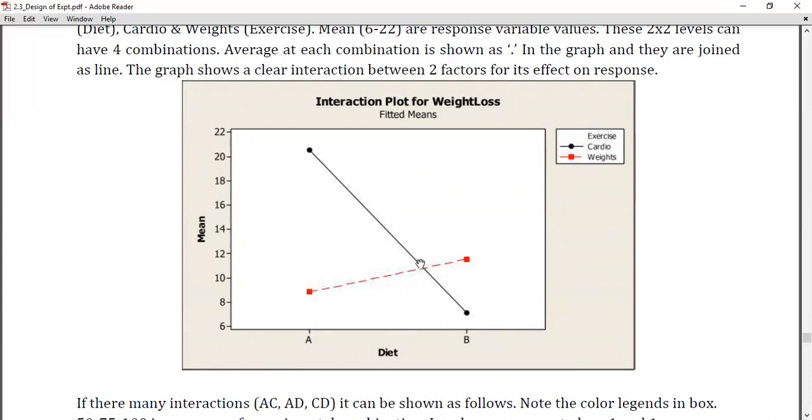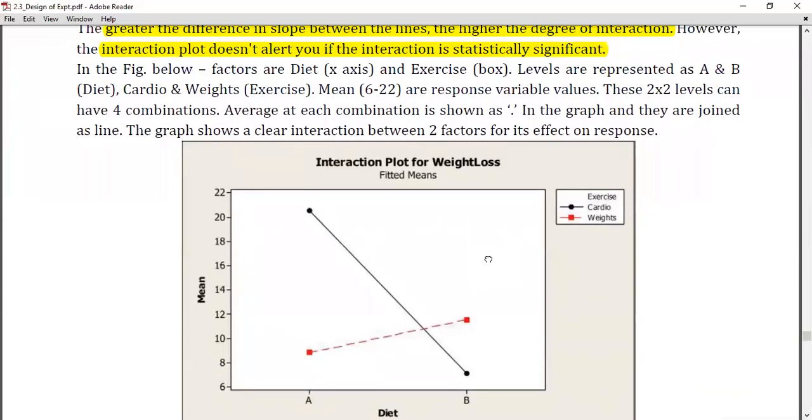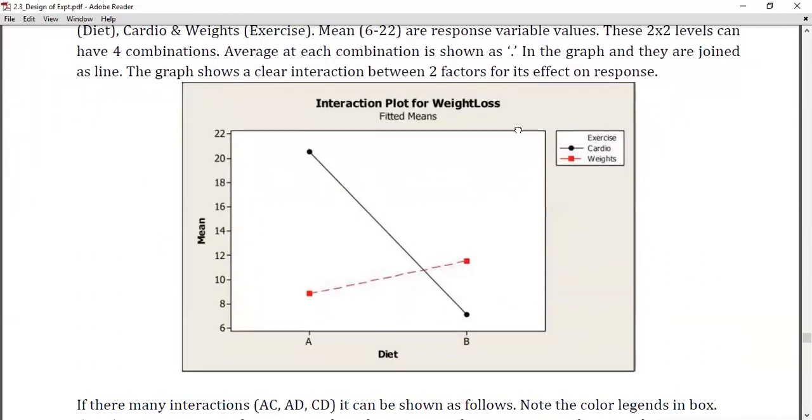It shows that there is a crossing over at some point. That means there is some possible interaction between the two. So if there is an interaction, the combination of things may have some effect. It need not be individual, it could be the combination. If there was no interaction effect, it would have been a parallel line.